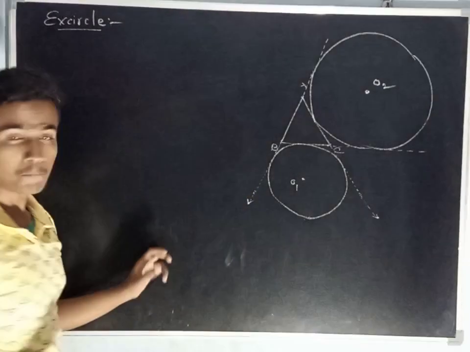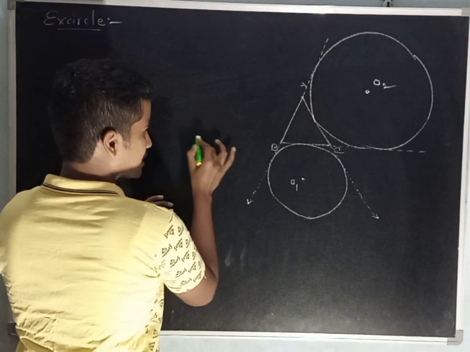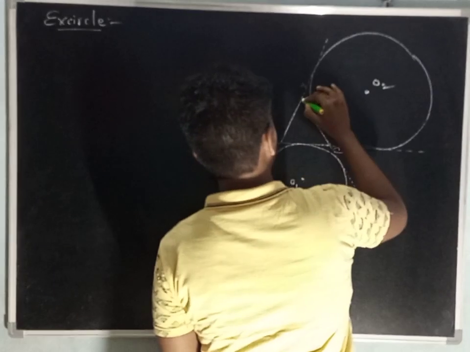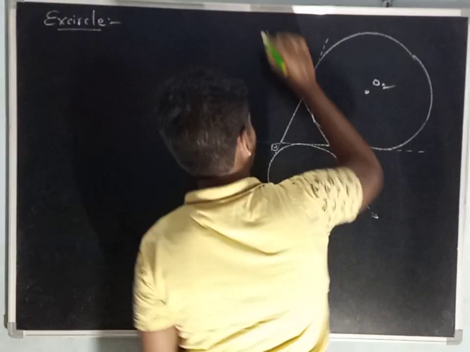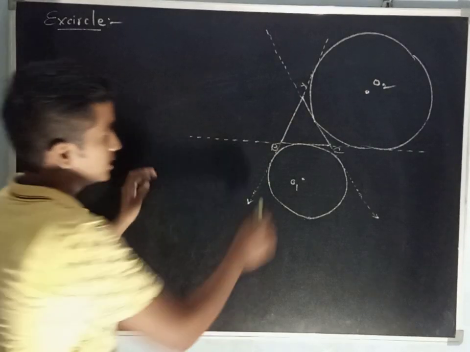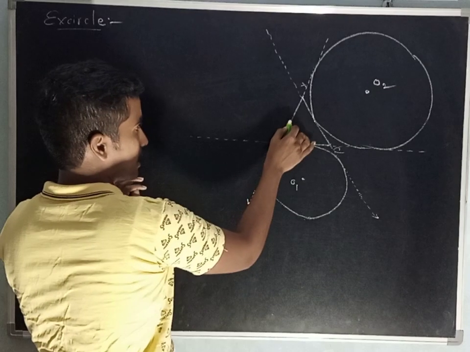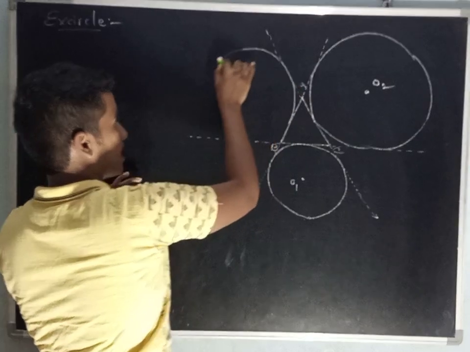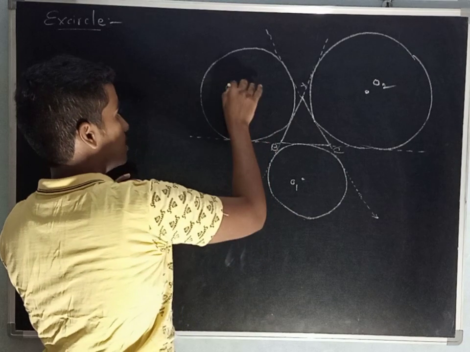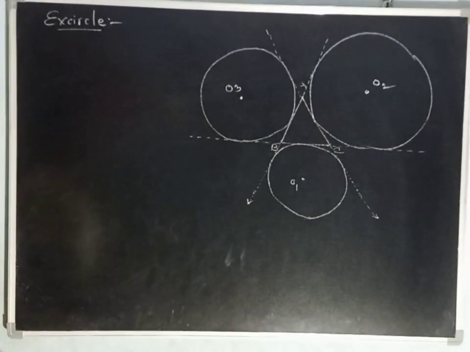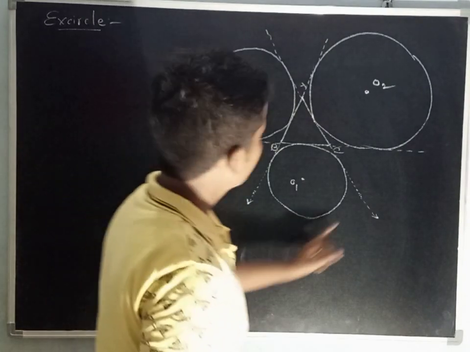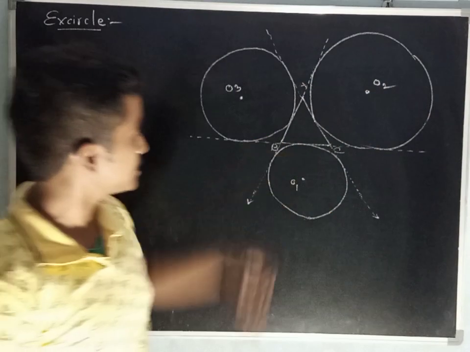Similarly, the same thing. Extend this BC like this, and the other side like this. I extended these two sides like this, right? Here a circle is drawn so that this side and the other two lines act like tangents. Here is the center O3. Okay. From here I have drawn three circles like this.